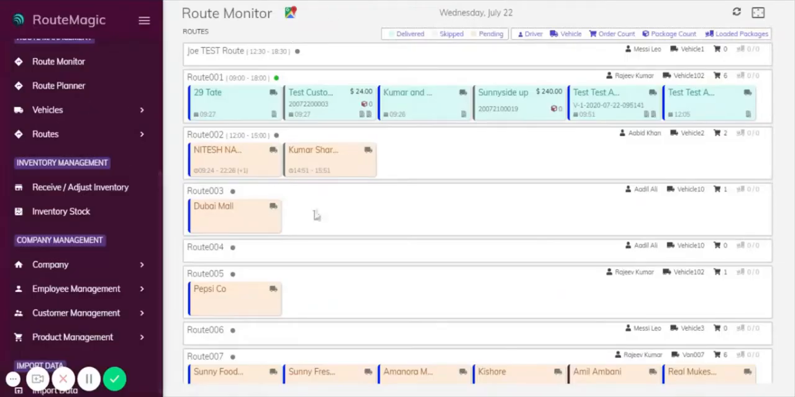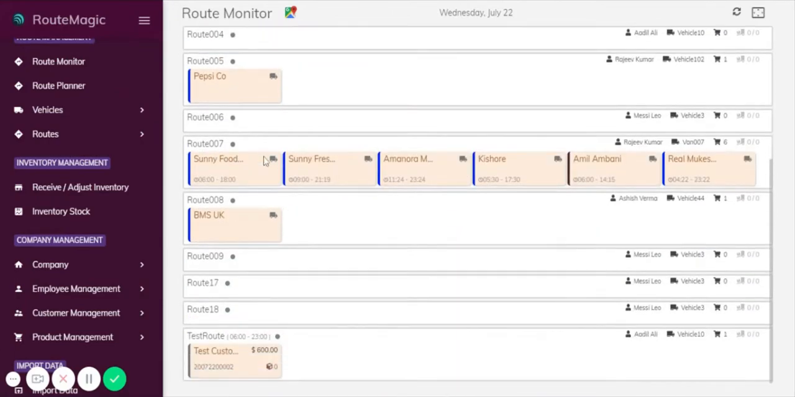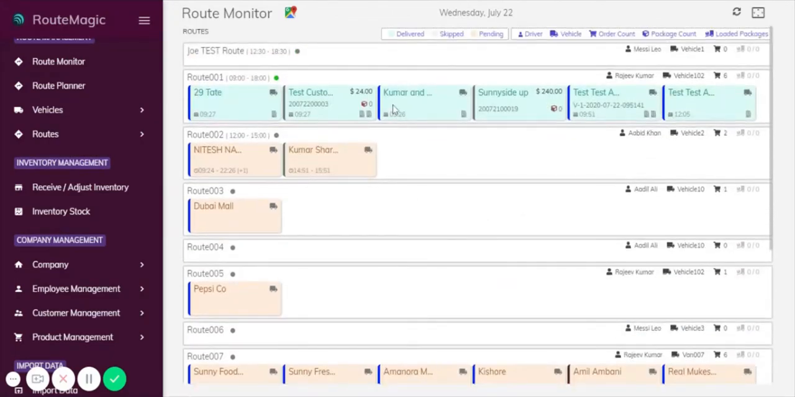We have the route monitor, as you can see, and I'll break down all the different categories, all the different subsections, and explain a little bit about what they mean and what they do. So these are all of your routes. As you can see, route 1, route 2, there's a few test routes. If you go down, all of them at the minute, or most of them, are populated with